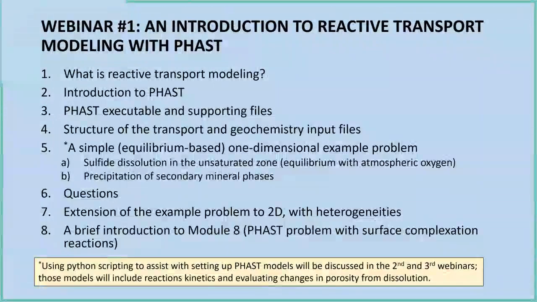So today's webinar will provide an introduction to FAST, which is the U.S. Geological Survey's public domain reactive transport model. FAST uses PHREEQC as its geochemical modeling engine, but also provides full 1D, 2D, and 3D flow and multi-species solute